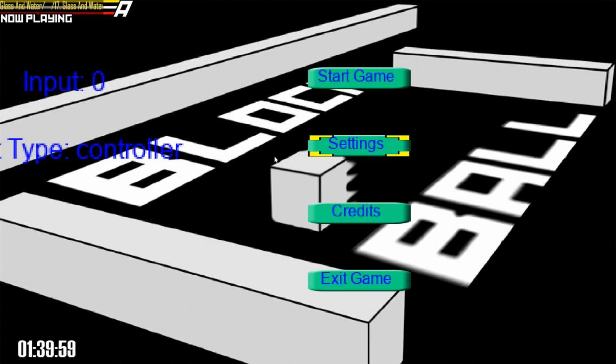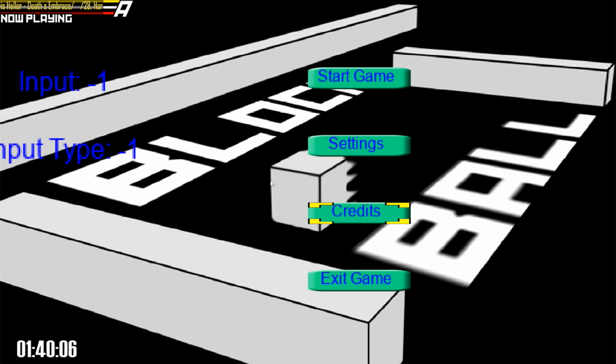Still set to input 0 though, which is a little odd. But now we unplug it. Input -1, input type -1. Perfect, it works. All right, because the input number there is actually the slot. So, if I actually unplug this one,